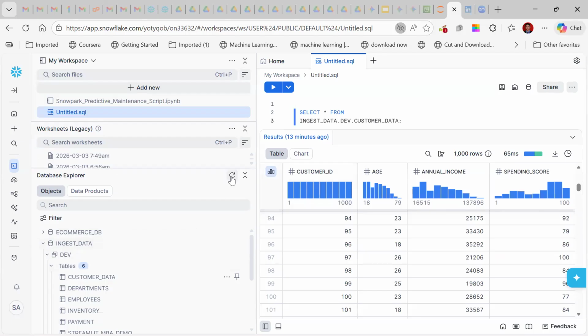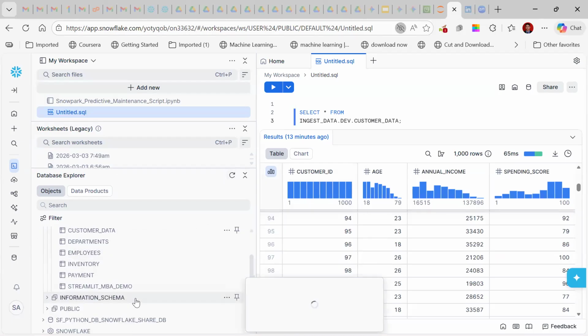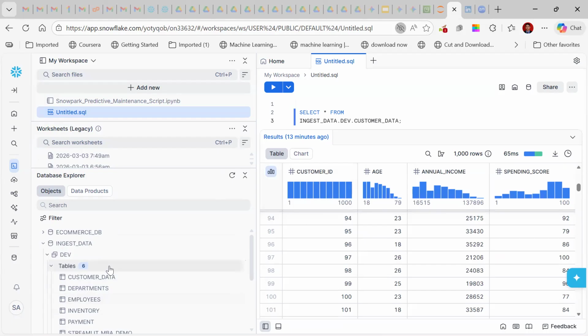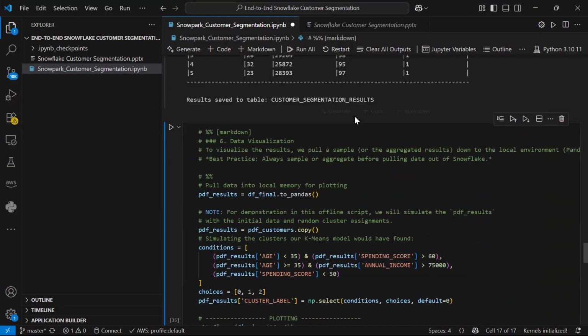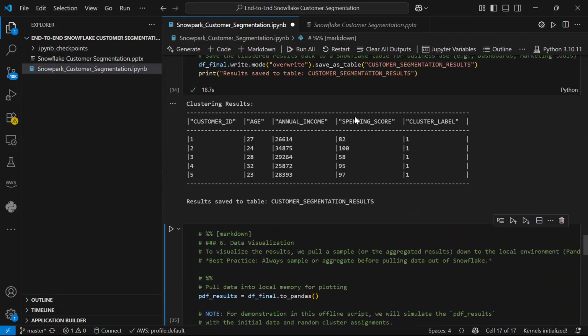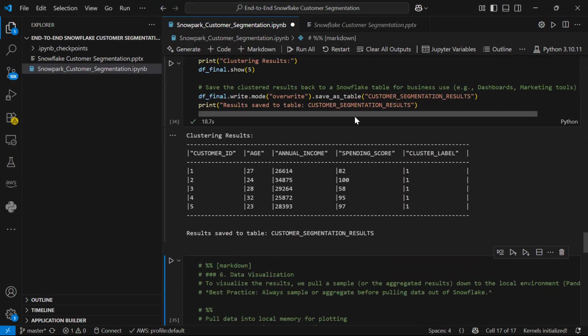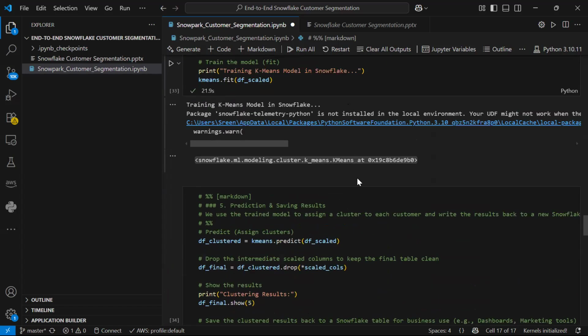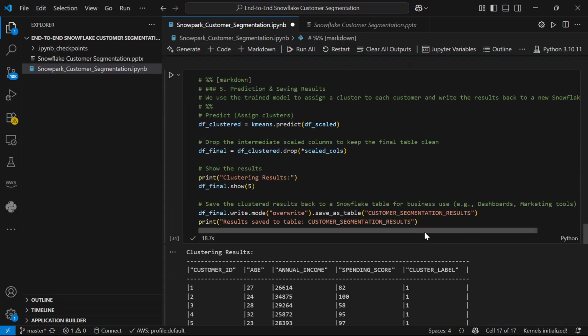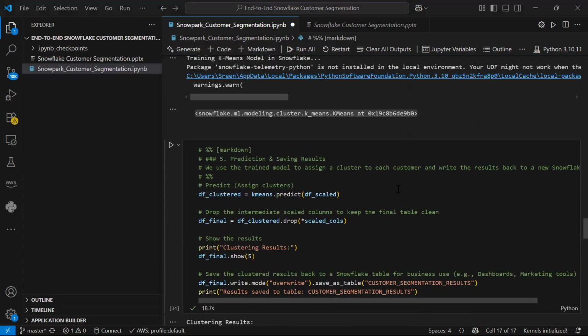Let me try to refresh. There should be one more table. I don't know where it got created. Customer data, I can see. Customer segmentation methods. It should point to the same table, right?